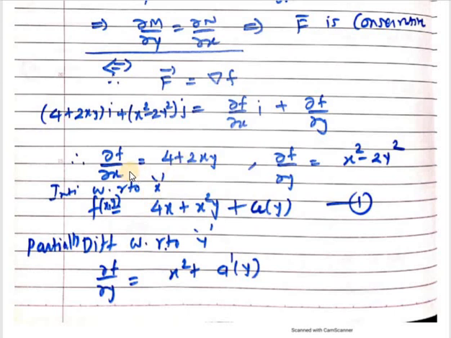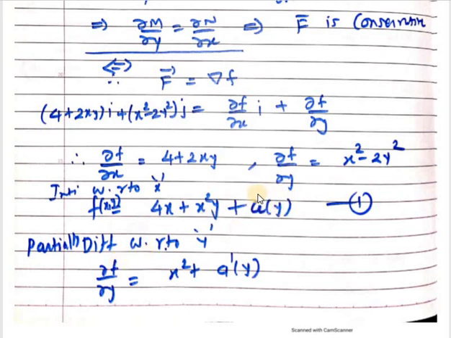Here we can consider one of them. I consider the first equation, del f by del x is equal to 4 plus 2xy. But here we need to determine the function f of x, y. That means it is required to integrate with respect to x partially, keeping y constant. So f of x, y is equal to 4x plus 2x square y divided by 2 to get cancelled out. So we get x square y plus a constant, but since we are integrating with respect to x, our constant will be in terms of y, so a(y).